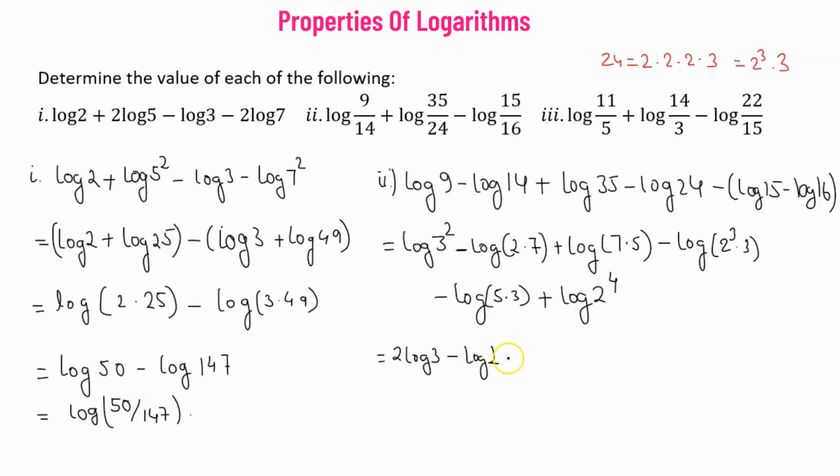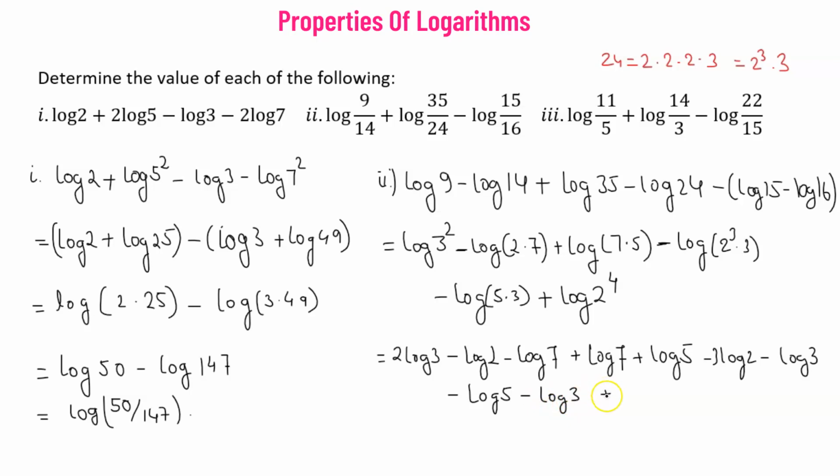But because we have a negative sign here, so this will be negative log of 7. Plus log of 7 times 5 will be log of 7 plus log of 5. Minus, we have log of 2 cubed times 7. So this will be log of 2 cubed. So the cubed can be brought, the 3 can be brought into front. So we have 3 log 2. We have plus log 3, but since there is a negative sign here, so this will be negative log 3. Minus, we have log of 5 times 3, so that will be negative log 5 minus log 3 plus 4